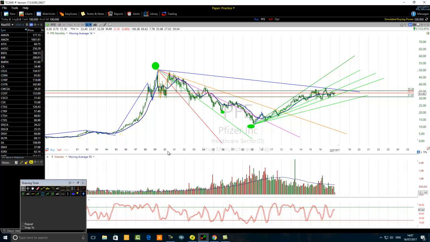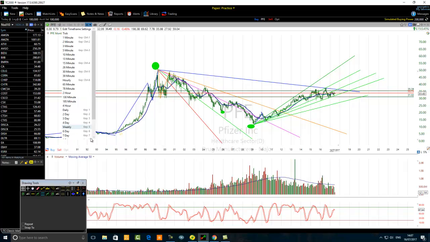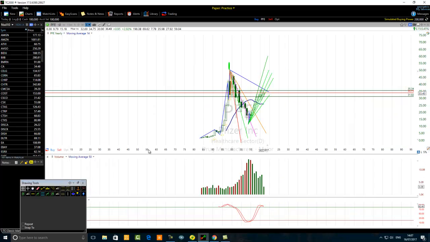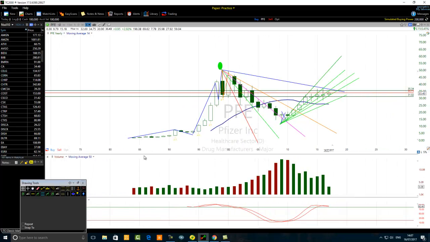So, talking about how to trade a zigzag pattern without ignoring the flat correction, traders. You may say, where is the zigzag pattern? I'm going to bring you back again to the yearly chart. This is happening all the time. When on one particular time frame, one group of Elliott wave traders think that they have a zigzag pattern, on another time frame, other traders think that they have a flat correction. But you can see that